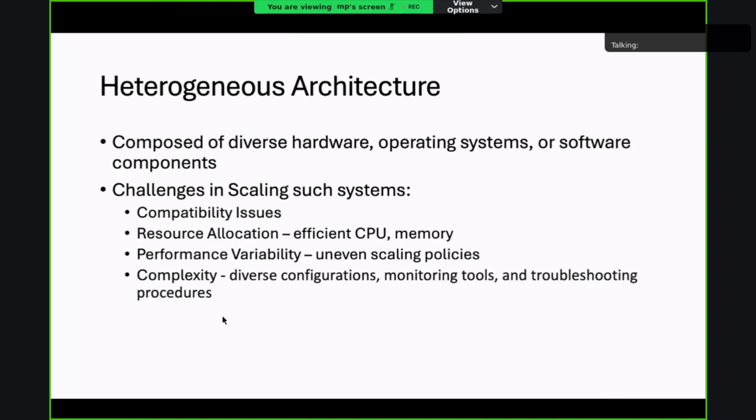In that case we need to monitor, we need to optimize, we need to do the logging part, so that we can make scaling rules for all the components. And the complexity part, as understood, is that there are diverse configurations, monitoring tools, and troubleshooting procedures for all the components.